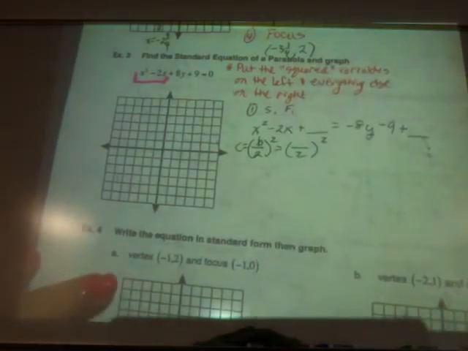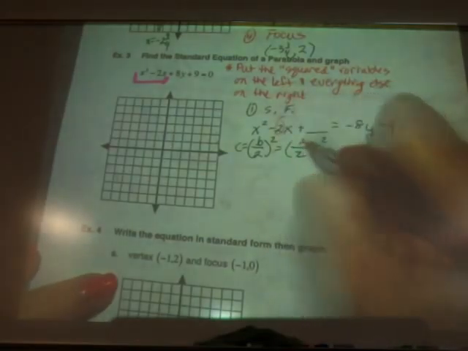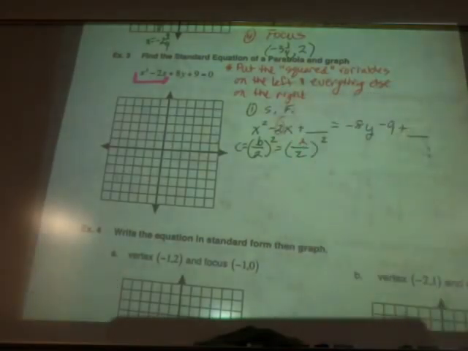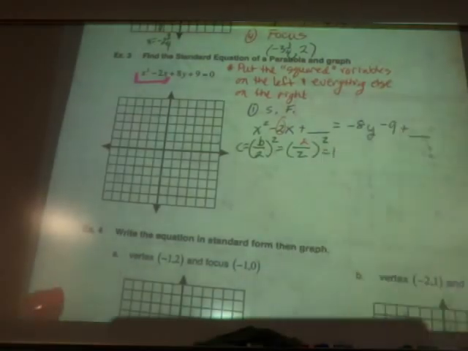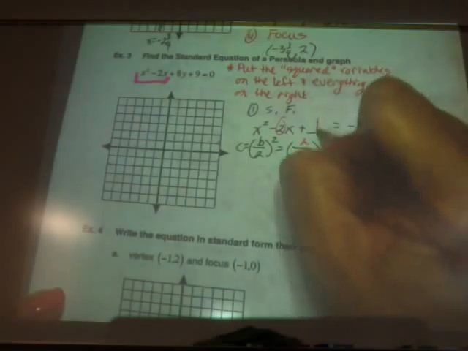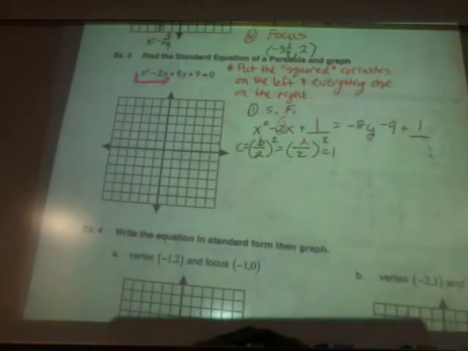So I'm going to put in this 2 right here. So 2 divided by 2 is 1, squared is 1. So to complete the square, I'm adding a 1 here and a 1 there. When you complete the square, 100% of the time, what you add to both sides is positive. If you're adding a negative on there, you did something wrong. So now,